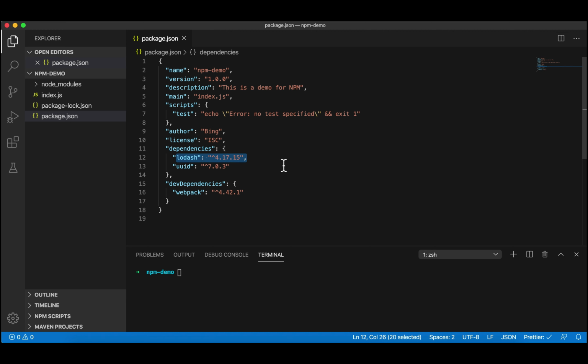4.17.15 or above. Of course, if we have a new version, for example, 4.17.16 or 4.19.0, then if you use npm install or npm update, they will install a newer version. Well, in most cases, that's not a big problem. But what if the newer version will break? Even though they claim they will not break my current program, there's a chance that it will break